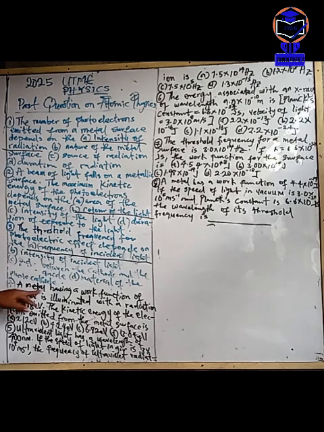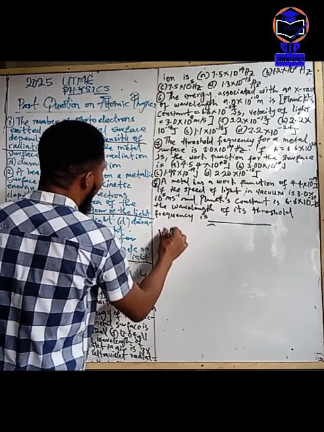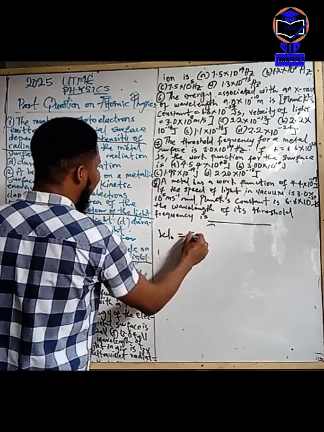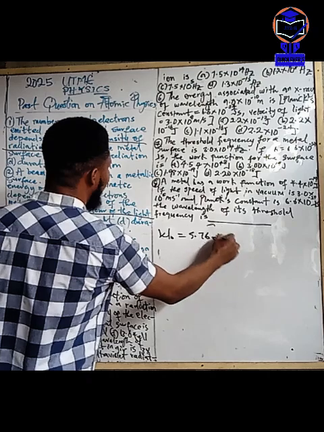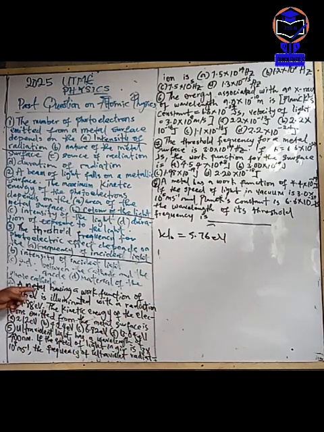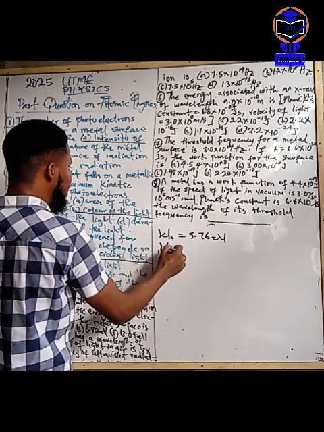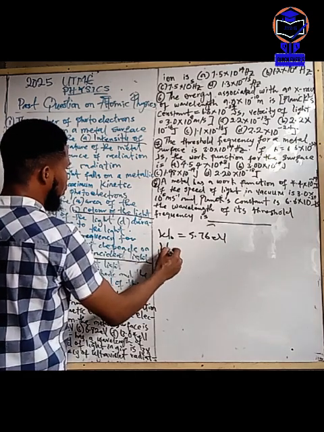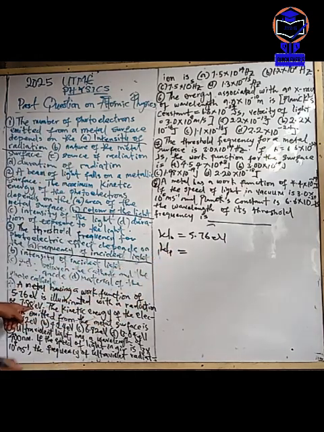5.76 electron volt. That's the meaning of the work function of the metal. Do you understand? Alright, so you can go and write it there. Work function of metal is 5.76 electron volt. Now, this metal was illuminated by a higher energy, which is the energy of the light or photon. Let me put it: energy of the photon is